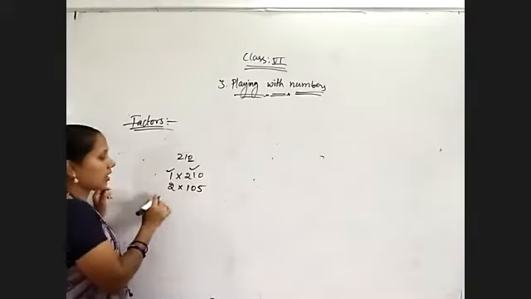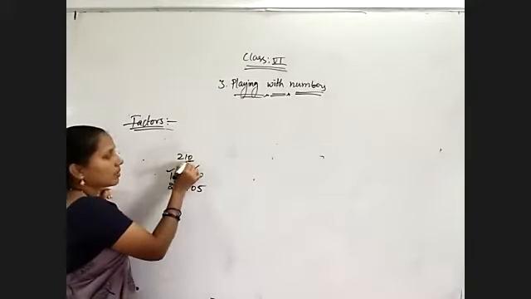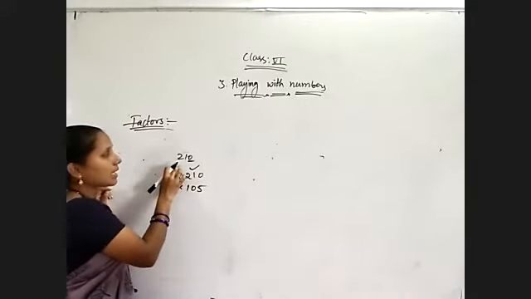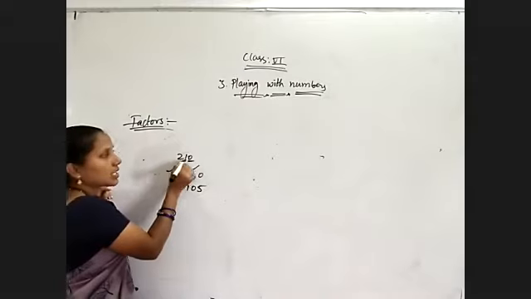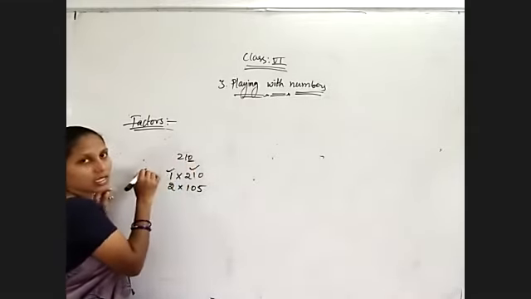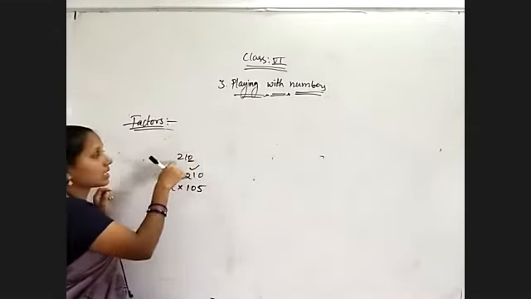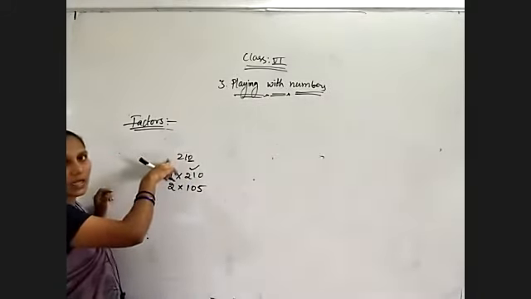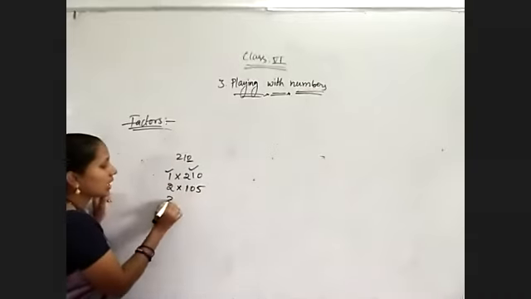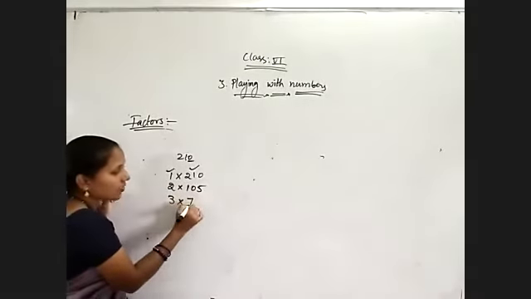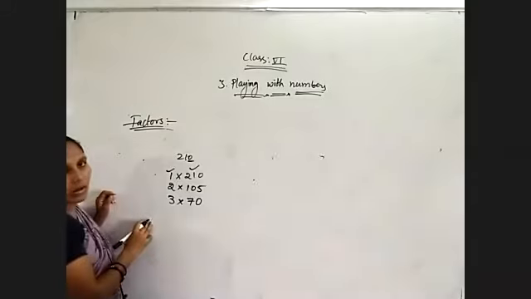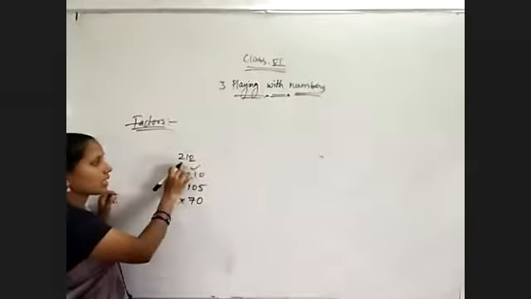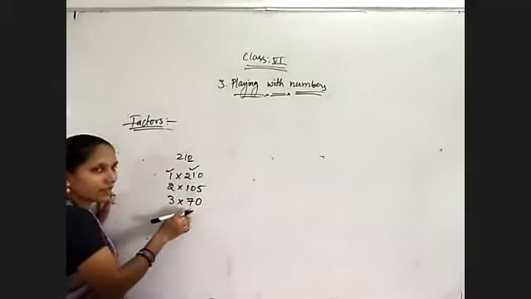Okay, now, so 2 is a factor and 105 is another factor. And the 3 table. So 2 plus 1 is equal to 3, 3 plus 0, 3. That means this complete number is divisible by 3. We finished the divisibility rules yesterday. So 3 into 3 7s are 21 and 0. So 3 into 70 is equal to 210. Means the number 210 is divisible by 3 and 70.